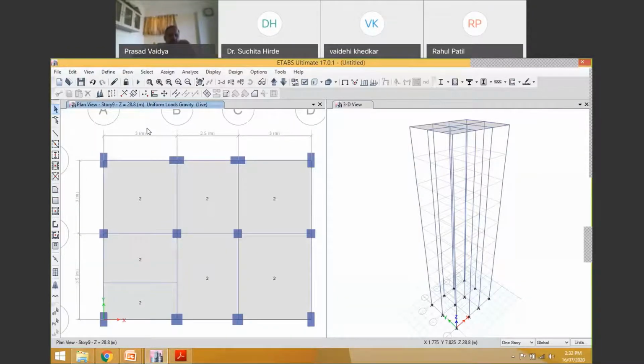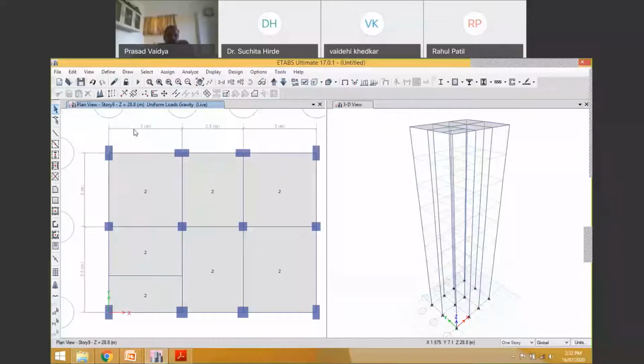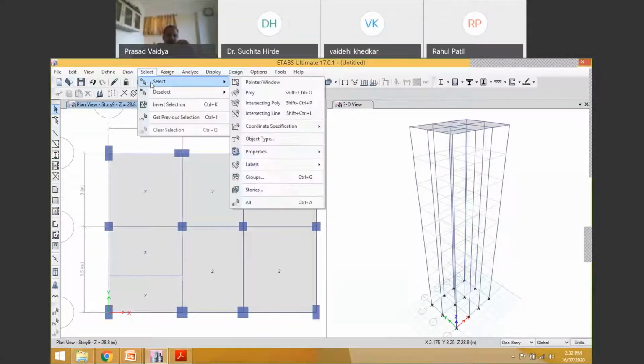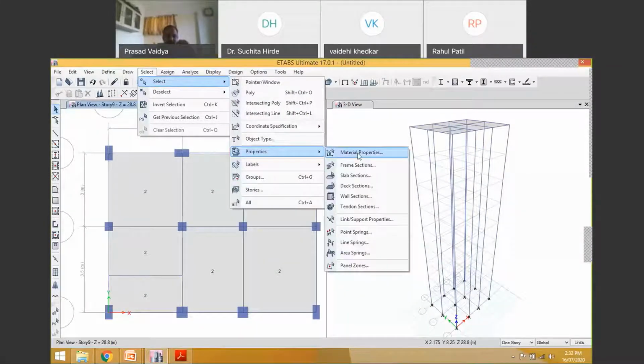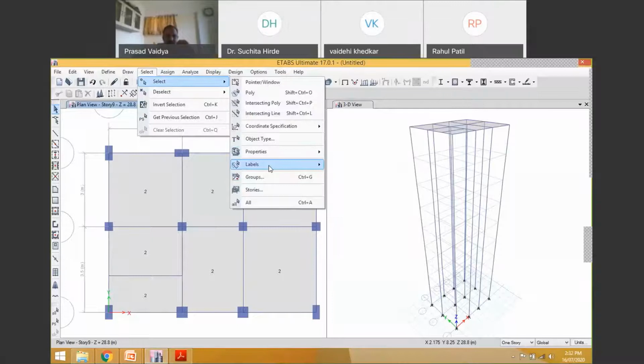And by default, the mass source you put it as MS. This is our mass source which we have defined now. So, okay, mass source is defined. The next option is we have meshed it also. Now the next option is we have to assign the diaphragm for this particular slab.